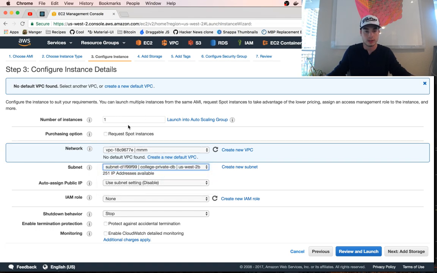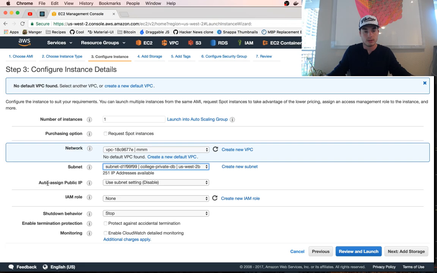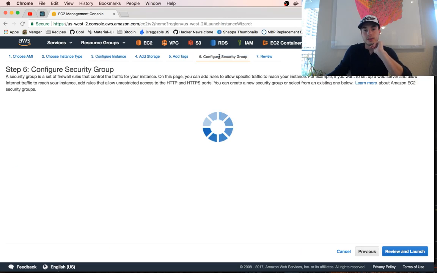We only need one instance. Auto assign a public IP address: we don't actually need a public IP address because it's only going to be accessible from servers in our VPC. We're not going to connect locally, I don't think. IAM role, we don't need to give it any IAM role. All the other settings here look fine by default, so we are going to skip ahead to the configure security group